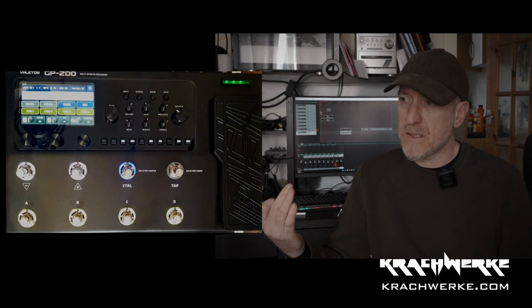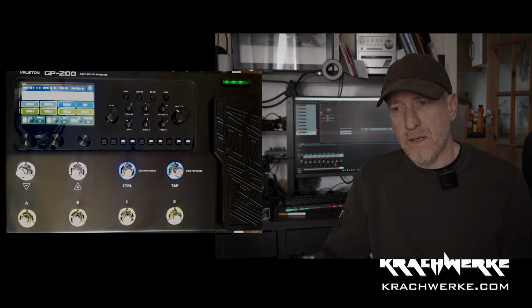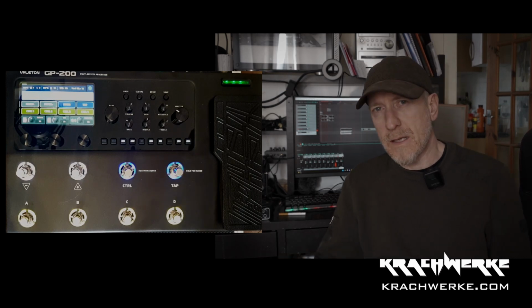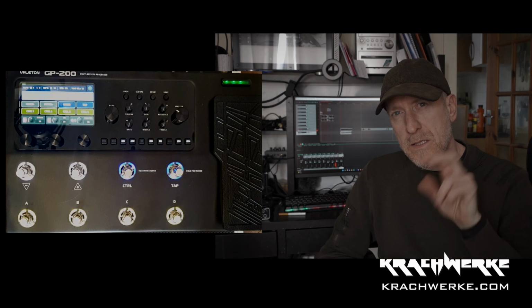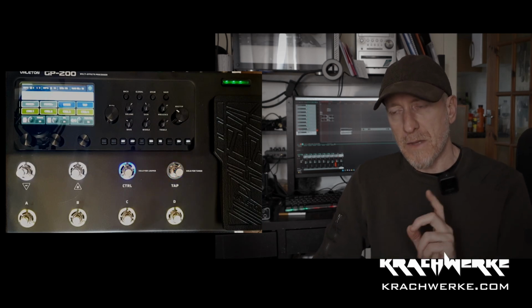I think that only makes sense to me because of the way that I use effects. We're jamming at the moment, and we're just a three-piece. I'm using loopers, and we're going between delays and leads and rhythm all the time. That's what I wanted to use this for. But there are two things that make this nearly unusable for me, and that is,